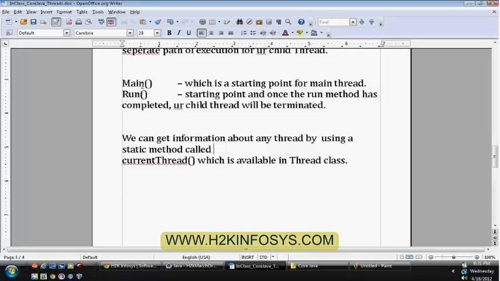I mentioned that this is a static method, that means I'm not going to call this on any instance. When you say Thread.currentThread.